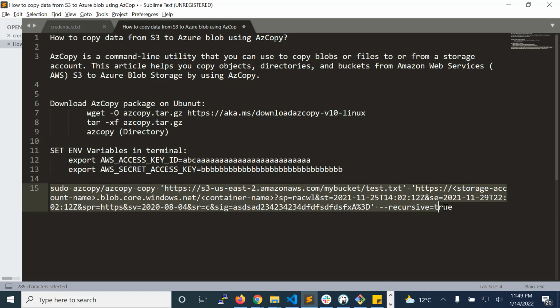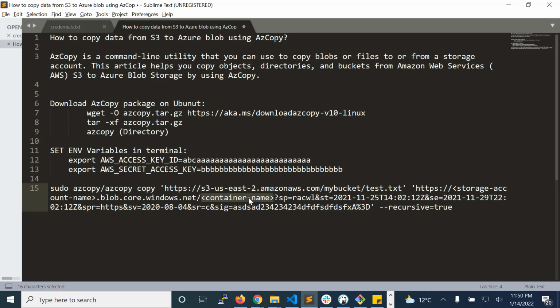So this is an example of the command that we can use to copy a particular file from S3 to our Azure storage account or Azure blob. In our example, test.txt is the file which resides inside my AWS S3 bucket, and this is the one we want to copy, and it will get copied inside our container.